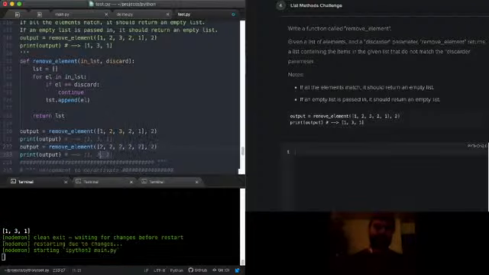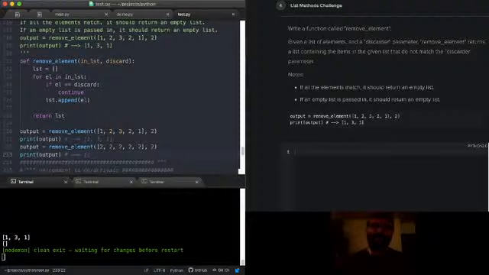Of course, we get an empty list. Cool, I think there's multiple ways. There are definitely multiple ways of doing this. So what I did here